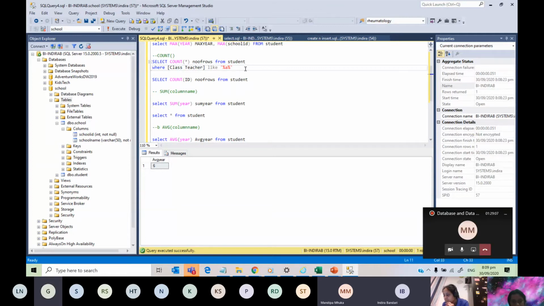Any idea? 5? Answer carefully. Do you get 5, or how many do you get? Let me run just this one.